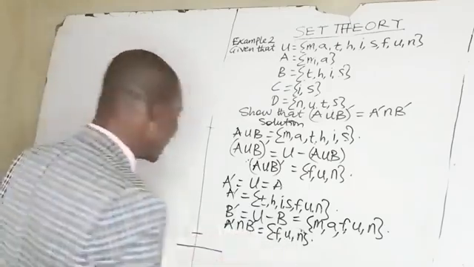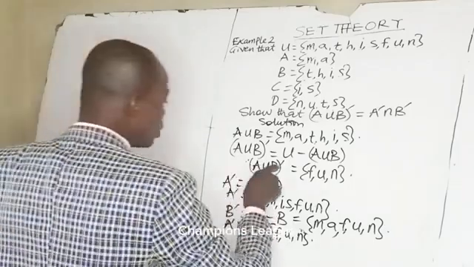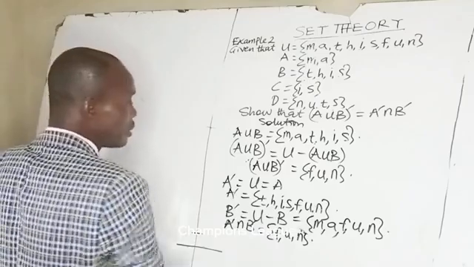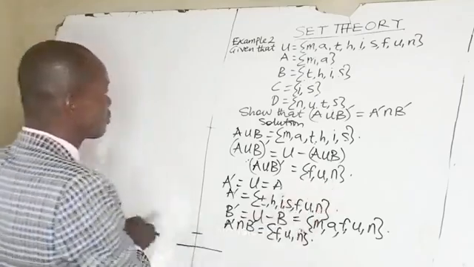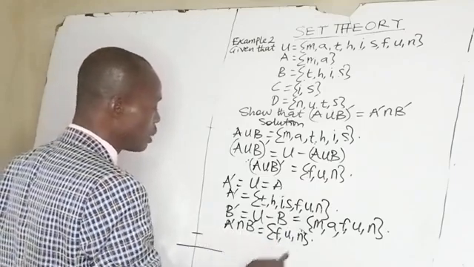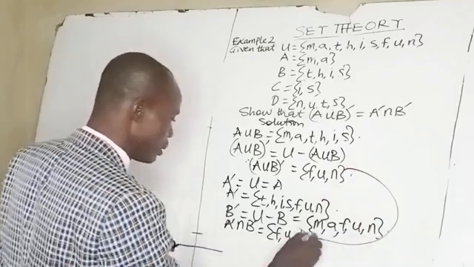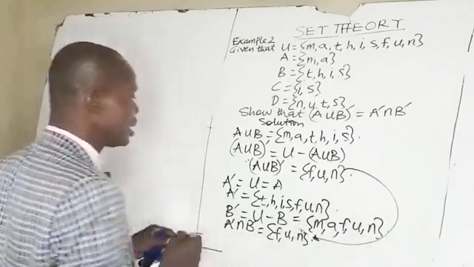So if you now look at the solution here, A union B prime, we have that to be FUN, and A prime intersection B prime, we also have it to be FUN. They are both the same. Since they are both the same,